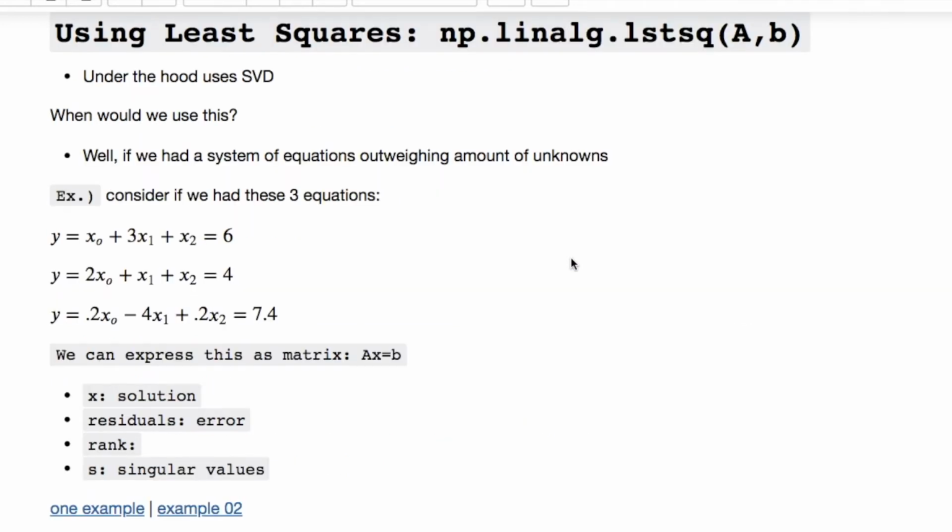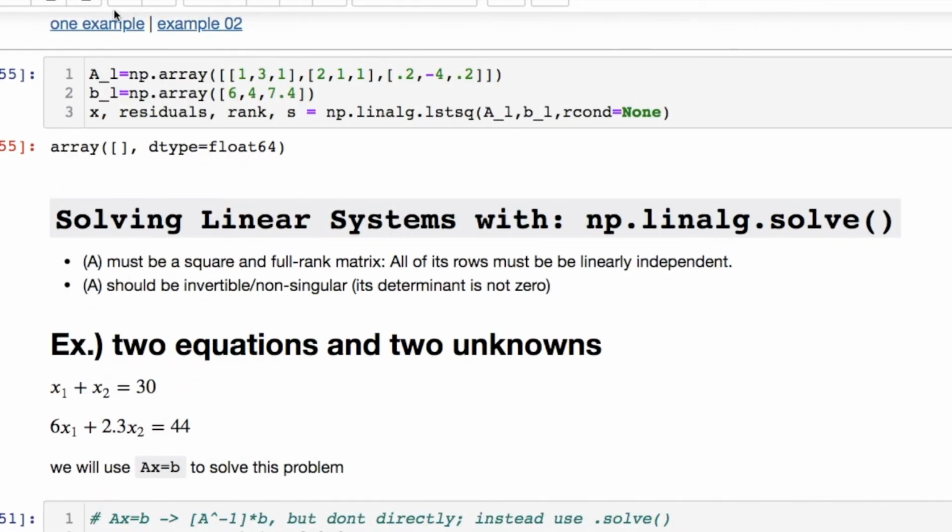You have the ability to use least squares, which is pretty cool. For instance, if we have a bunch of functions and we already know their coefficients, then we can use this, which is Ax equals b, and do a solution and find our residuals. We could find the rank, we could find the singular values, we could find the solution. So here are two examples. If you wanted to click those links and download this code, feel free.